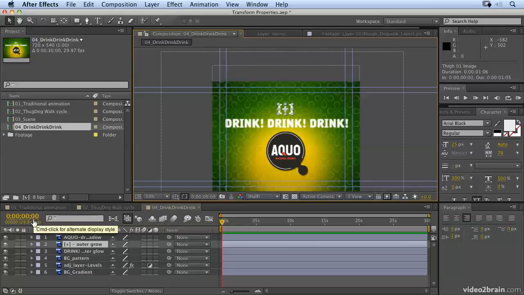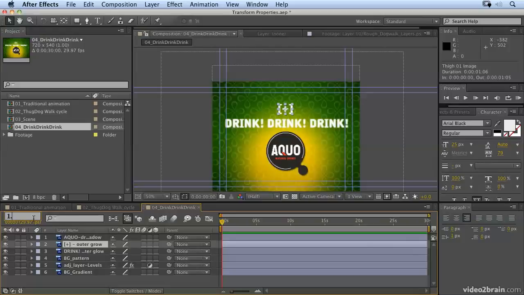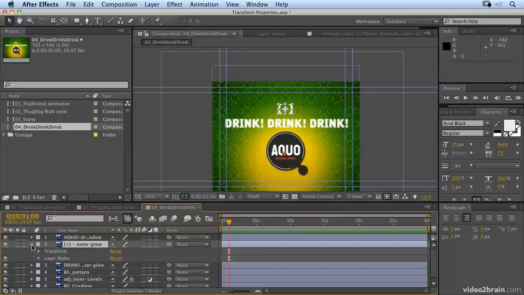1 second. So we're going to move to the 1 second mark, and we can do that by clicking on the timecode here and typing in 1 and then the period key on the number pad. So 1 full stop or period, and then hit enter on the number pad to move to the 1 second mark. Now, of course, you could drag the time marker to that mark if you wanted to, but we're going to move it. Then we're going to open up our layer, and in our layer, you'll see the transform property